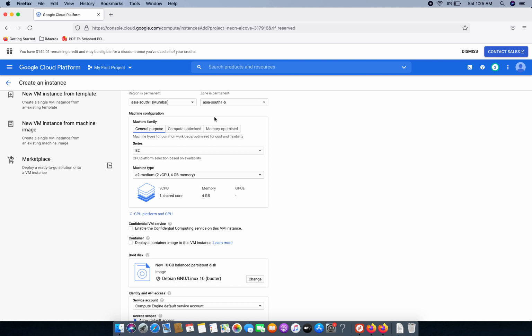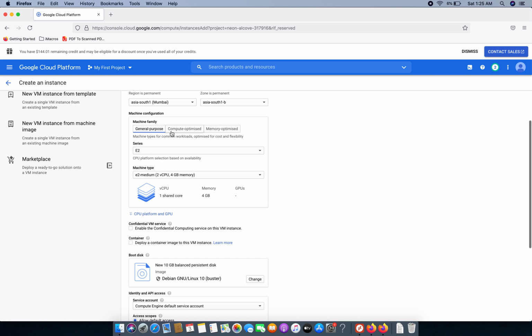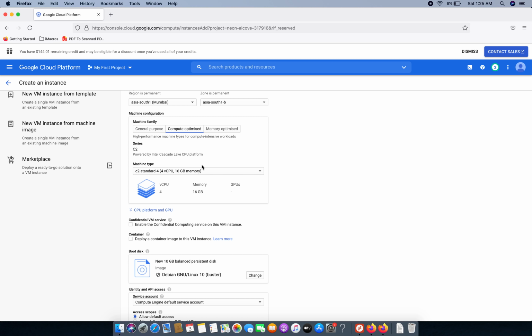If you want to do a high task which needs more processing power, more CPU, then you will click on this compute optimize. These are PCs which can access many applications at the same time. They are good at multitasking. They are more stable than general purpose. So go for it if you want.